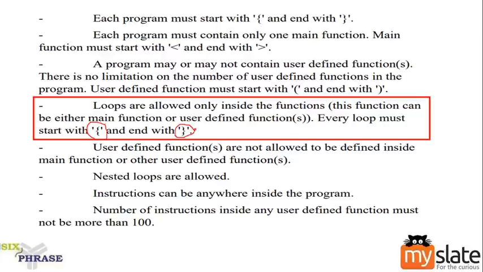Which means we have a minor complication here. Curly brackets have two purposes. What are the two purposes? It indicates the start and end of the program. The entire program's start and end is indicated with a curly bracket, and at the same time the start and end of a loop is also indicated with a curly bracket, right? We'll note down the rules alone, and as we proceed we'll see how to differentiate between the two.